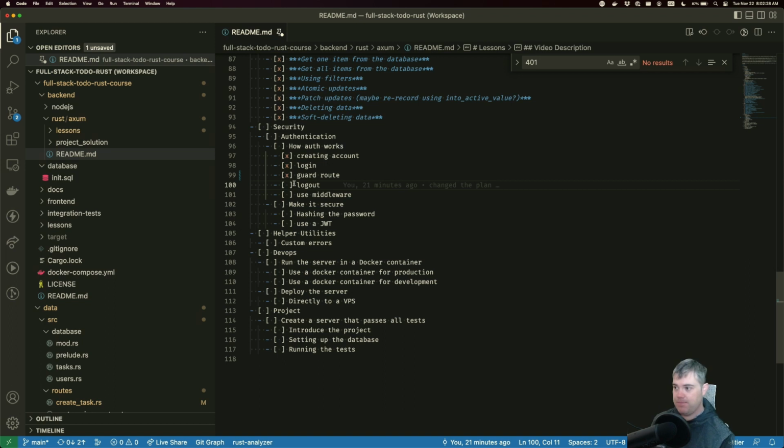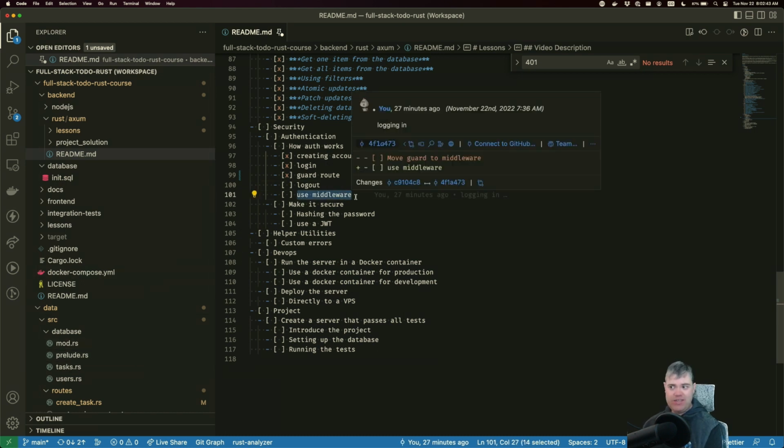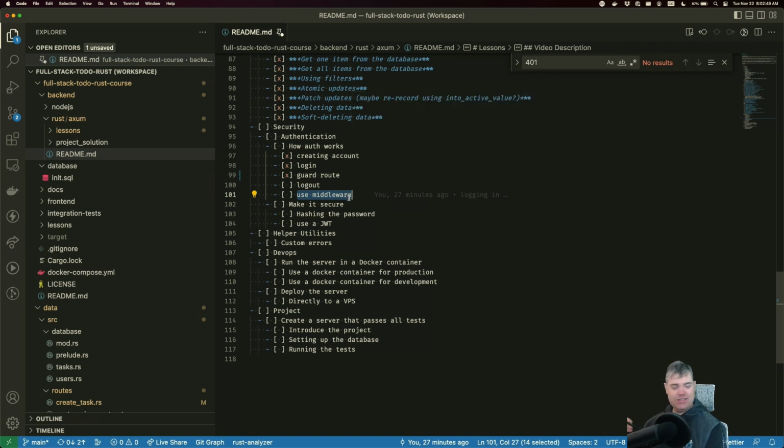Okay, logout. I think maybe we should do logout next. We're going to repeat exactly the same, so it will show that we're doing exactly the same thing, which will then lean into, well, now that we're doing it twice and we clearly are going to do this as a pattern, putting that exact same guard everywhere, let's move that to middleware, coming next. Which will be nice. Okay, so log out.